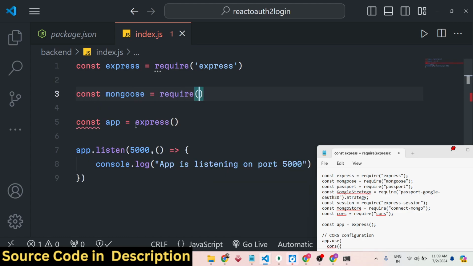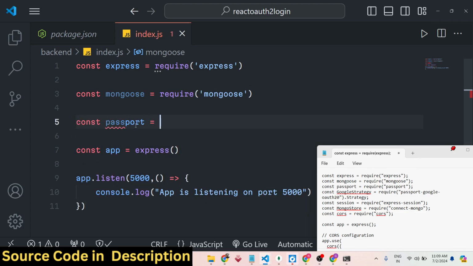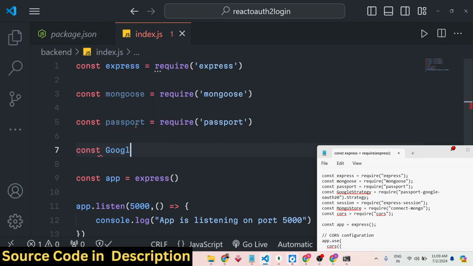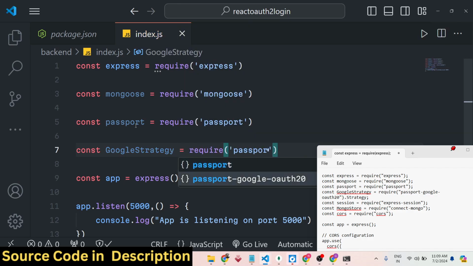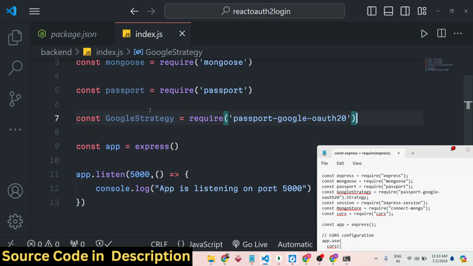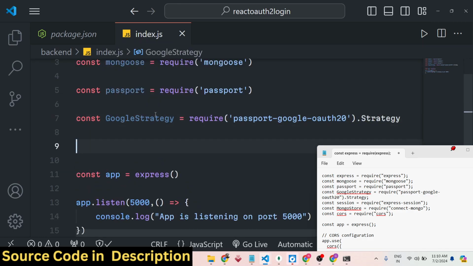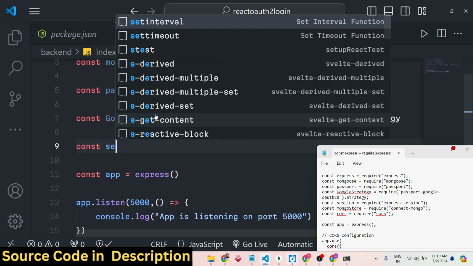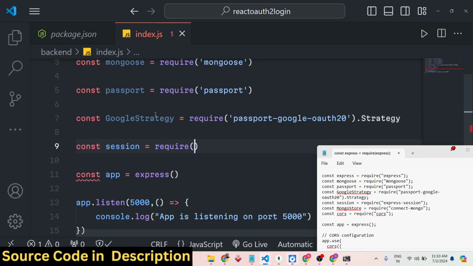So the Mongoose package, which will be responsible for communicating with the MongoDB database, the Passport package as well, and then we will also be including this Google strategy, which will be coming from the Passport package. So Passport Google OAuth2 contains this dot Strategy, and from this we will be instantiating this Google strategy. And also we need to include the session, which is actually a middleware of Express session we